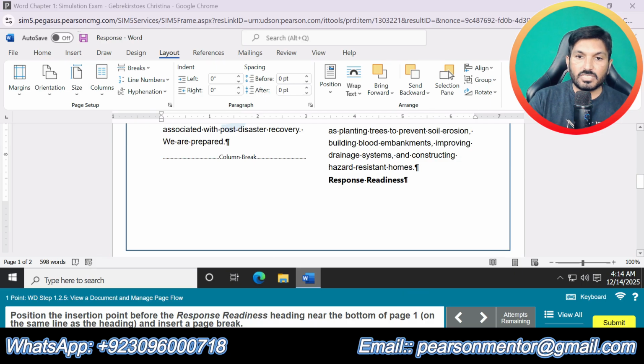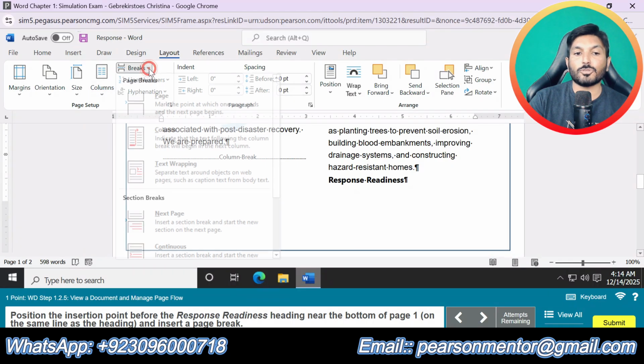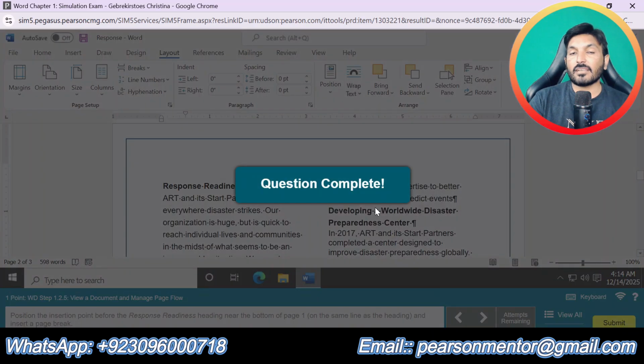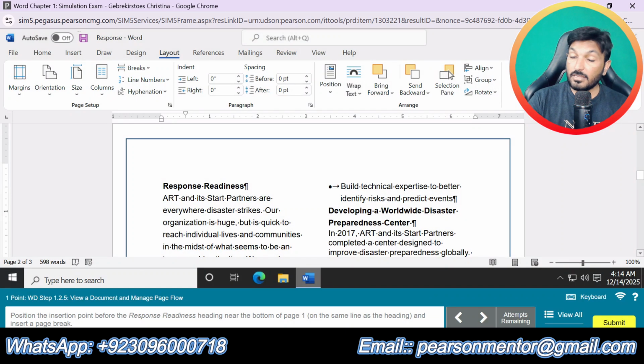So we place the insertion point here before this heading, then go to breaks and insert a page break here. So that is all about question number 9. Now we are going to do the next question, question number 10.